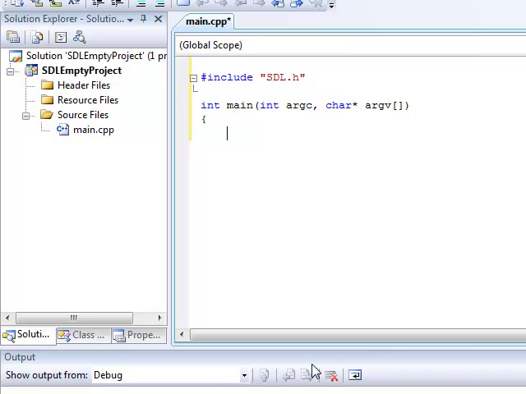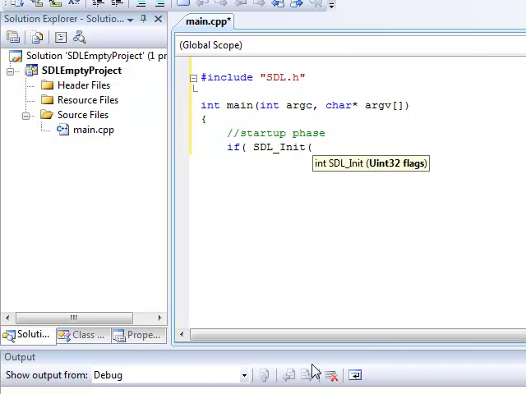Now the first thing we're going to have to do is we normally split games into what I call phases. We've got a startup phase, which is where your code is initializing itself, you're creating your video drivers, your input devices, any audio, music, sound, graphics that you want to load up. Typically you do that before you're running the game. That way everything is preloaded and ready to go when your game needs it. So I usually call that the startup phase, and there's an API call in SDL called SDL_Init,